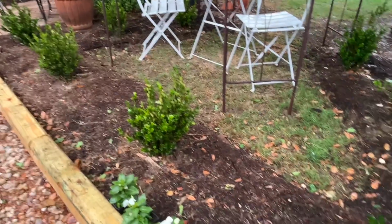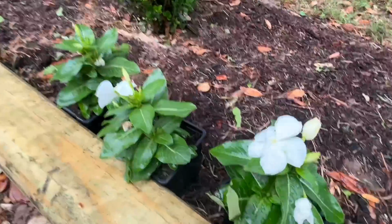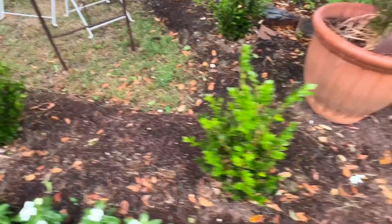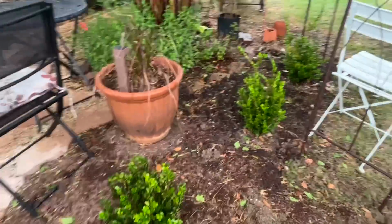But in the meantime, I want to put some pretty color back here, something that will pop, like white vinca, one of my favorite things. Those get really large and a good size. So I'm going to put groupings in between, I think, each of the shrubs and maybe come back with some other plants as well. I am going to have to extend this bed a little bit closer